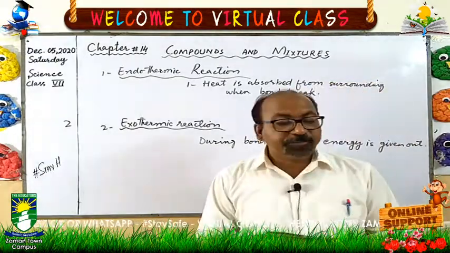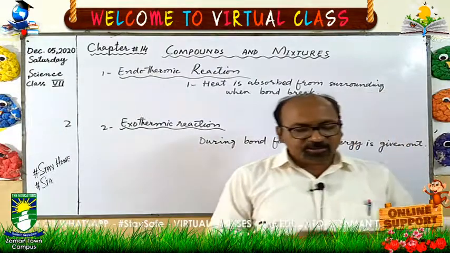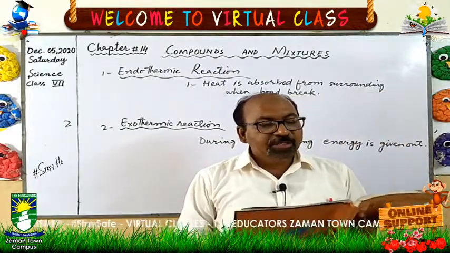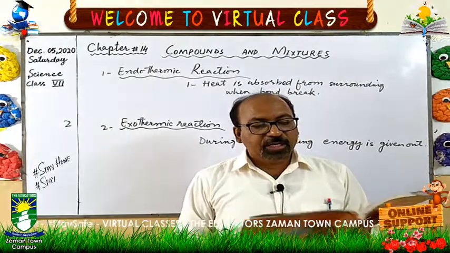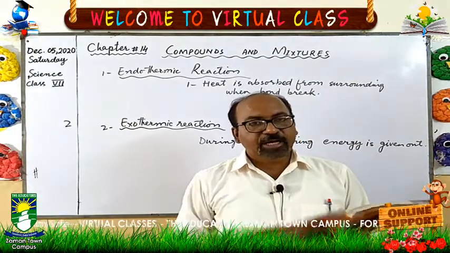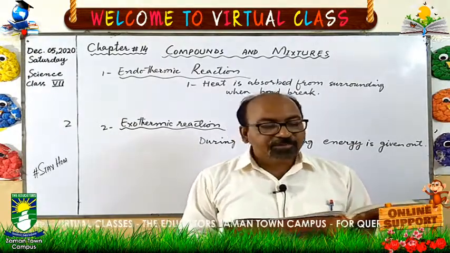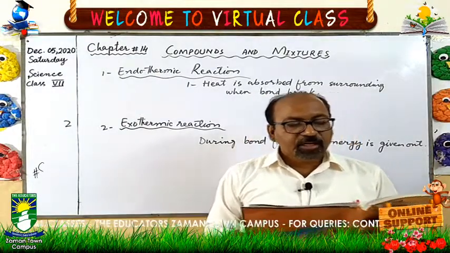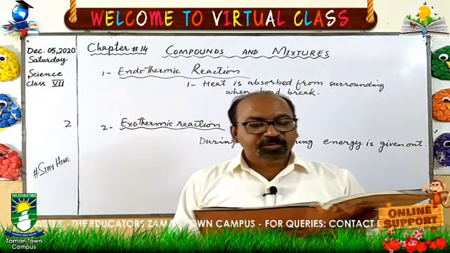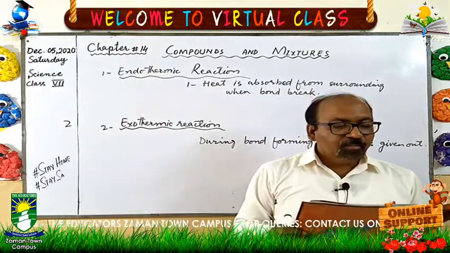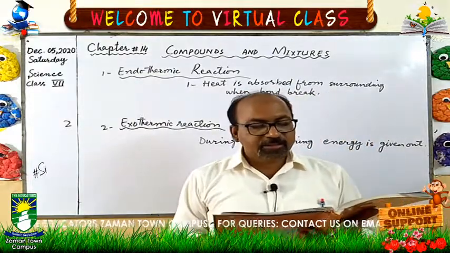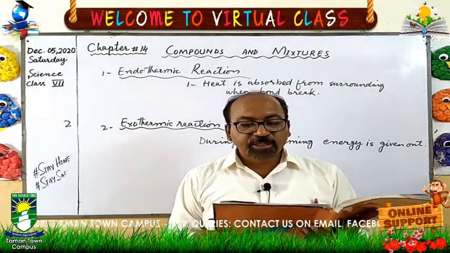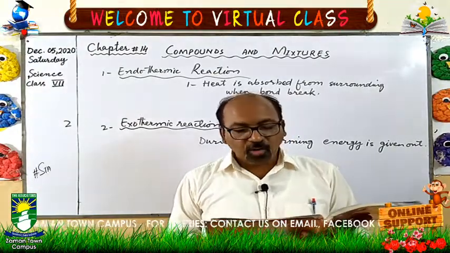Now see the differences between the endothermic and exothermic reaction. It is present in your book, page number 145, at the top. Strength of the bond formed is greater than the strength of the bonds broken. More energy is released than absorbed in the exothermic reaction, and more energy is absorbed than evolved